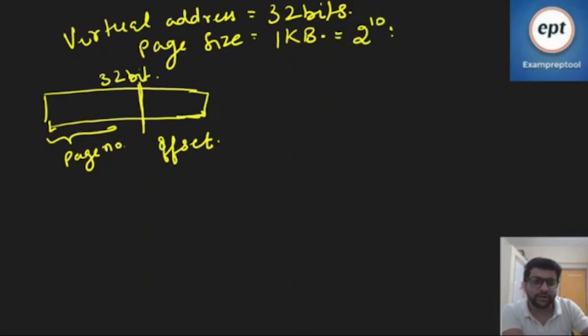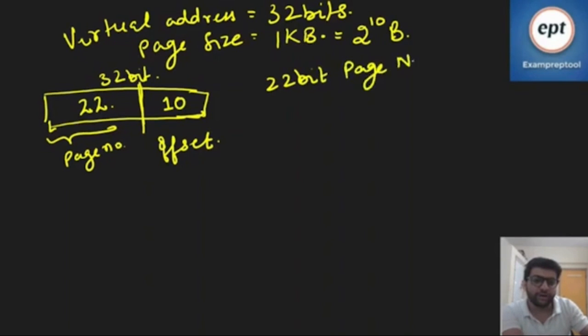It is 2 power 10 bytes, right? And for 2 power 10 bytes of page, we need how many bits to represent 2 power 10 bytes? We need 10 bits, right? And the remaining bits are the page number. So we have 22-bit